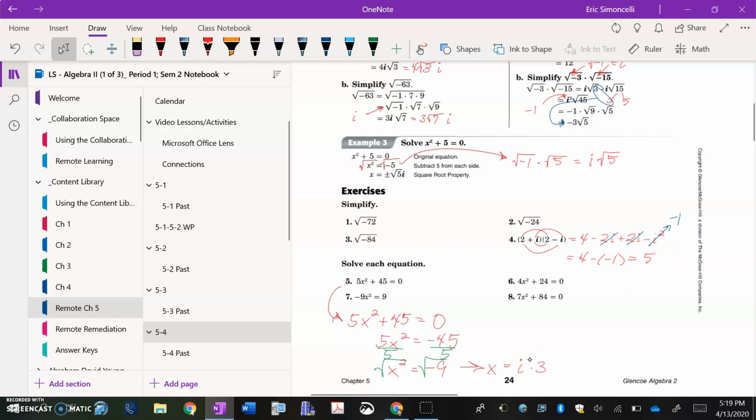Now, there's one other nuance that we have to account for, and I'm going to do that right now. I'm going to maybe move my equal sign over a bit such that my final answer with plus or minus readjusted ends up looking something like this. So plus or minus 3i. One of the things that we're going to continue with later